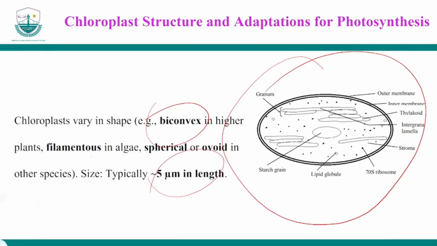So when you're drawing the structure of the chloroplast, ensure that you have the two membranes. Chloroplasts are double membrane organelles. Okay, they have two membranes, the outer membrane and the inner membrane. That's the first thing you start with. The next thing is ensuring that you have the parts that are inside the chloroplast. You have starch granules, you have lipid granules, you have the ribosomes, you have DNA, and then